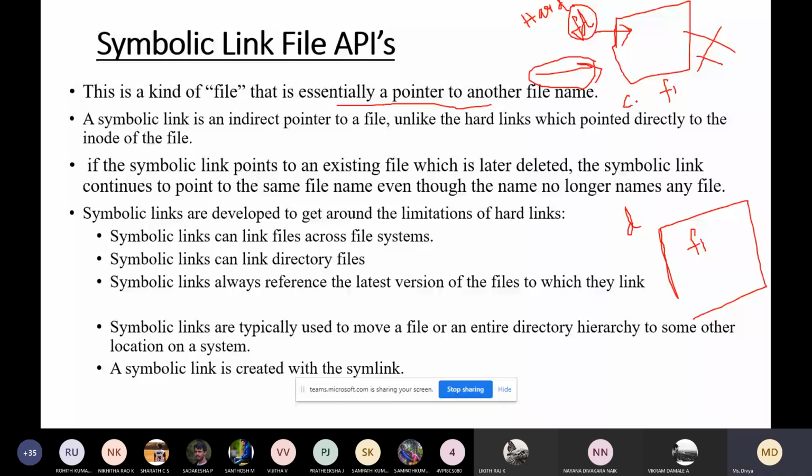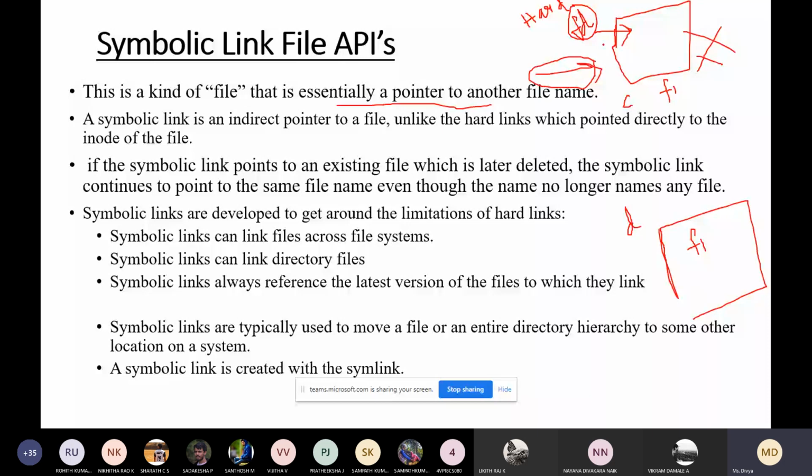If the symbolic link points to an existing file which is later deleted, the symbolic link continues to hold the same file name, even though the name no longer names any file. The hard link will be pointing to the old file, but the symbolic link, being an indirect pointer, will now be pointing here.